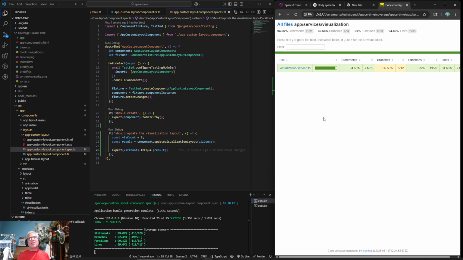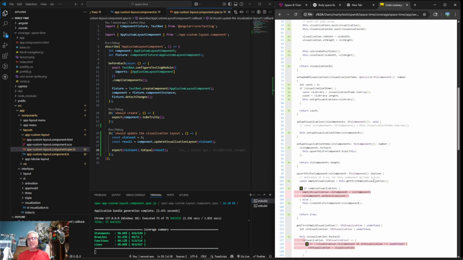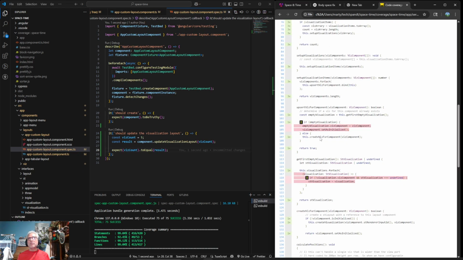And I think the other thing I would have done is I probably would have tried to get the top one to run everything or something like that. Now I just go straight into that. So basically we want to upsert this viz for component and we're expecting a value back. And then we haven't got that. So I think this should happen all the time. It's kind of crazy because I'm wondering.